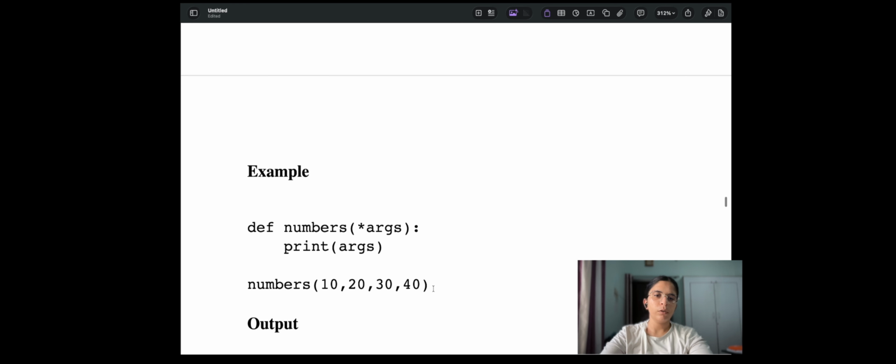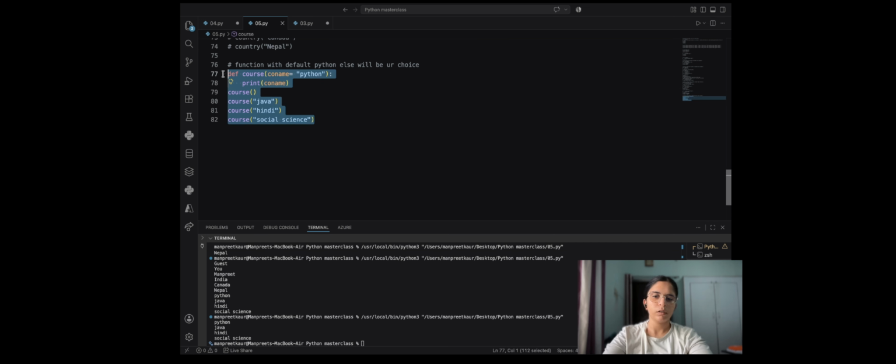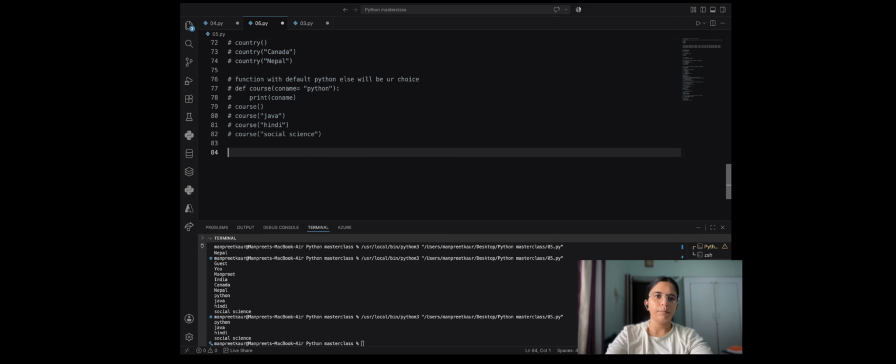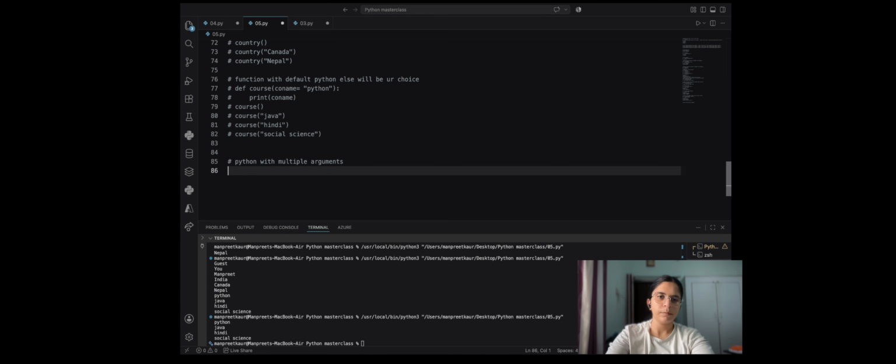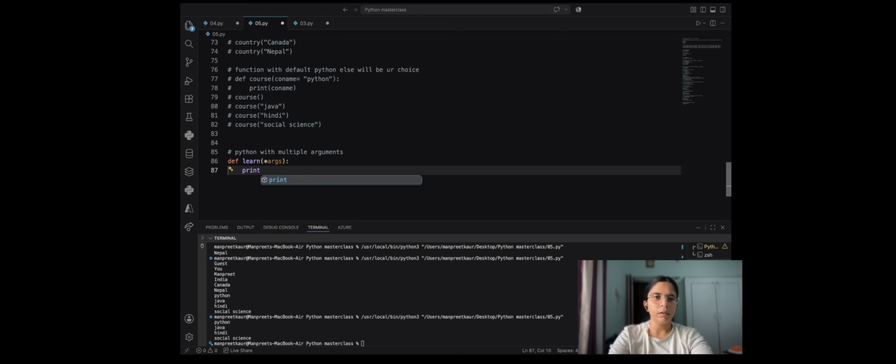Now we are going to discuss Python with multiple arguments. Def, that's the name of the argument, then learn, args, print.